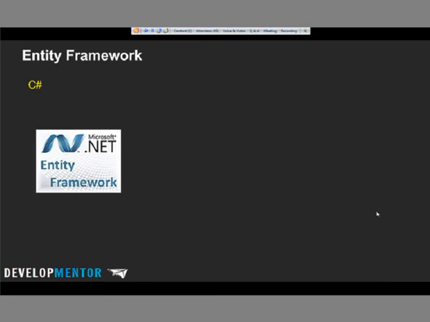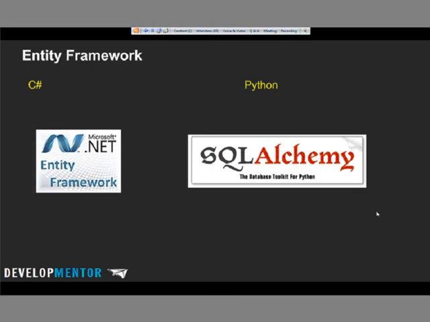Another one that's amazing in .NET is Entity Framework. They actually have something very similar in Python called SQLAlchemy. The closest analogy I would give is that SQLAlchemy is very much like Entity Framework code first. You define your classes, and if you wish, you can define your database from it, or you can just keep them in sync with your database. And you do queries by making statements about your classes, not by writing SQL. You don't use the list comprehension, the LINQ-like syntax. You just use the SQLAlchemy syntax, but it feels very natural to Entity Framework.